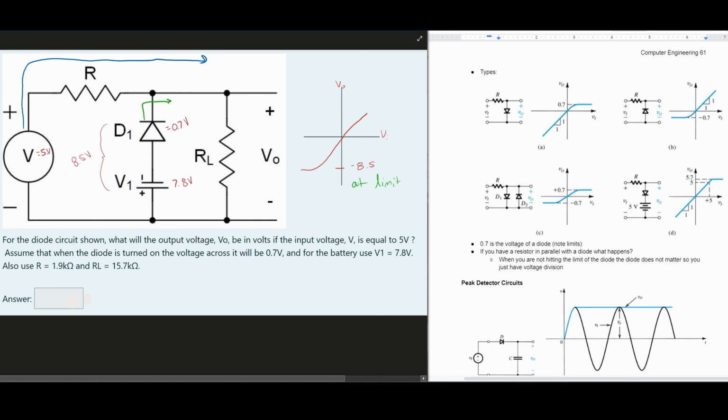We see that we're at 5 volts, which is up here for our voltage input. 5 volts is definitely not anywhere near the negative 8.5, which is our limit, so it's nowhere near this. That means this current is going to go to our voltage output. And since this is less than our 5 volts here,